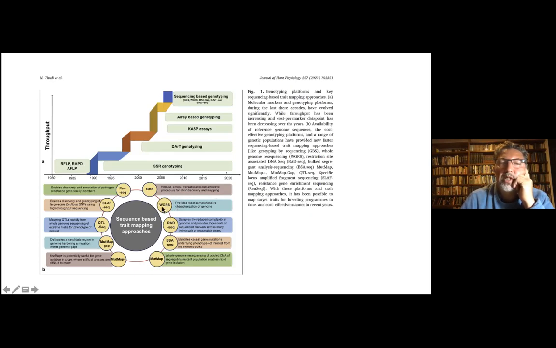Whole genome sequencing, whole plant and animal genome sequencing, provides the most comprehensive characterization of a genome. You have RAD-seq, where you reduce complexity for sequencing. Also can improve the information coming. BSA sequencing, which is a different kind of